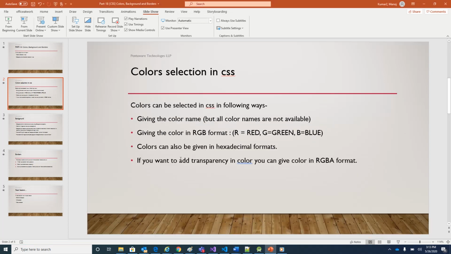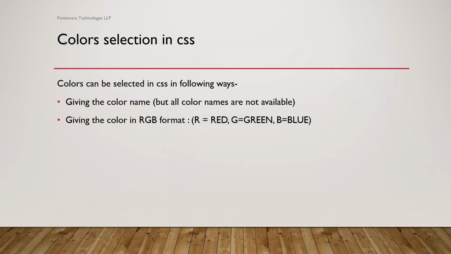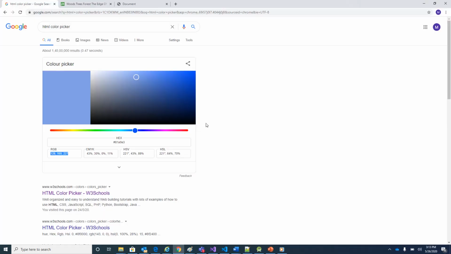But as the slide said, colors can also be given in hexadecimal formats. If you see this color picker, just above this the value is coming in hex format also. So either you can give the hex value or RGB values. That does not make a difference.